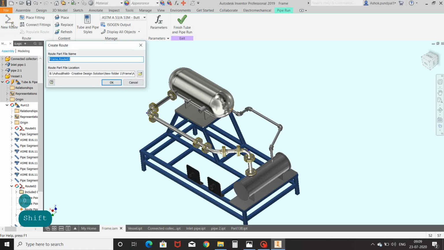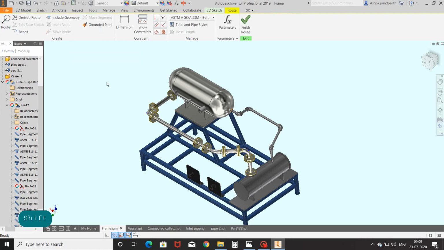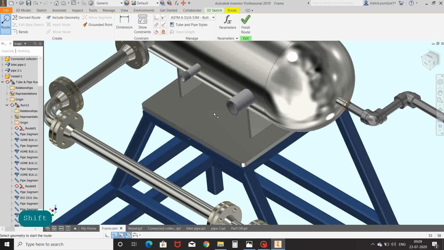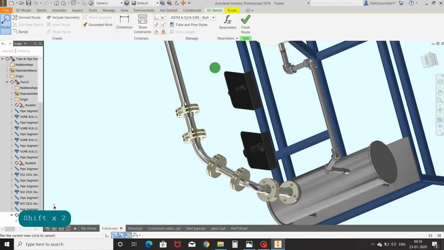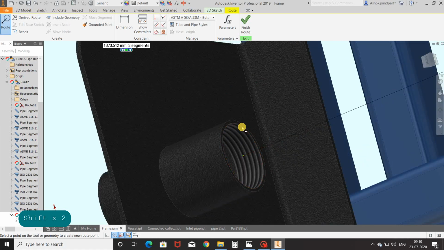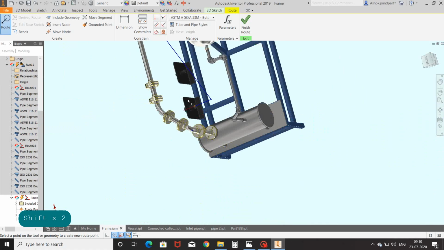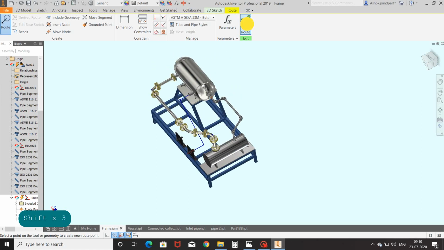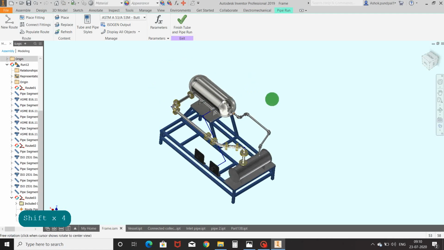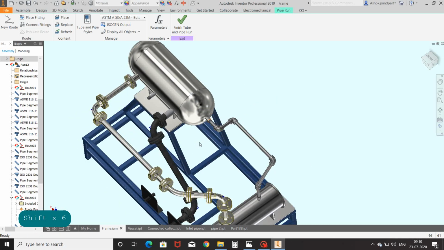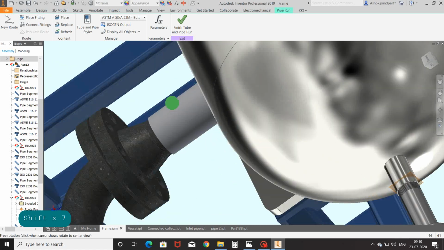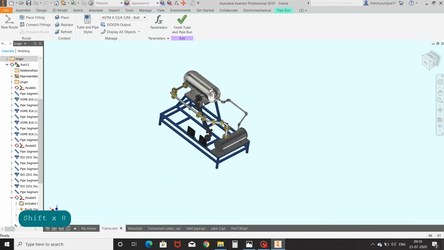Select new route. OK. Select a route. Select start and end point for connections. Click here to complete the route. Finish route and populate it. And it's done with the selected style, with end connections with the external threads.